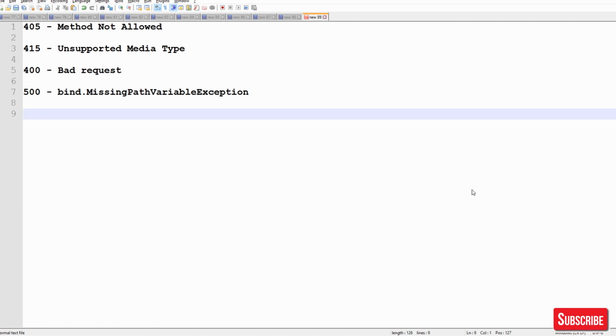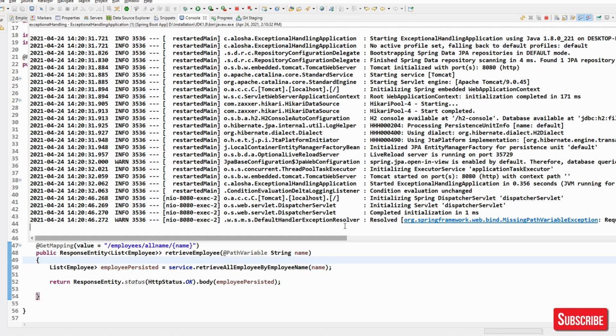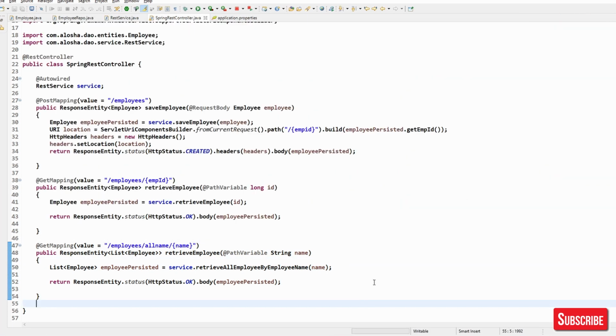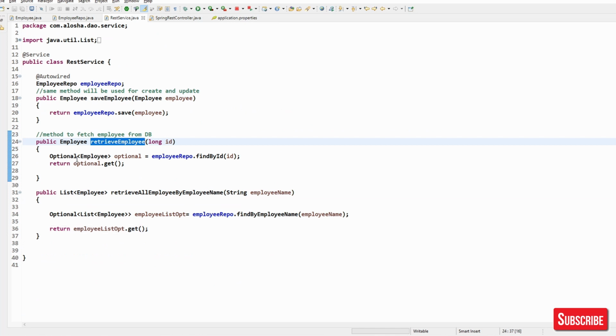Now what you can do is, let's say, just clean it. Now, for employee ID, we are just retrieving the employee ID in this method. Let's say you want to access some employee ID which is not there in the database. There is no exception handling you have done over here.